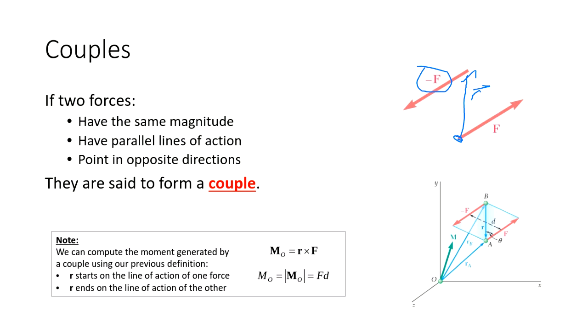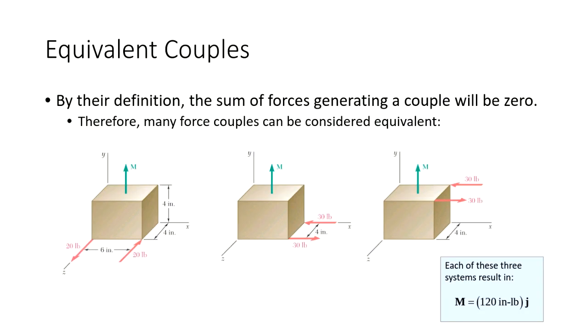It doesn't matter whether I sum moments about the tail of one force or the tail of another, I'm going to get the same answer and the same response. So it's really just a matter of preference. But in the end, you'll generate that moment. Now, what's beneficial about